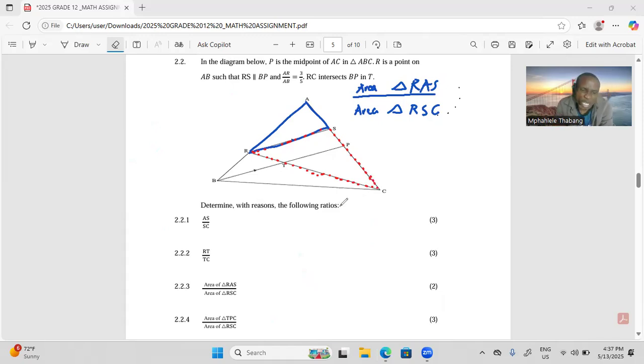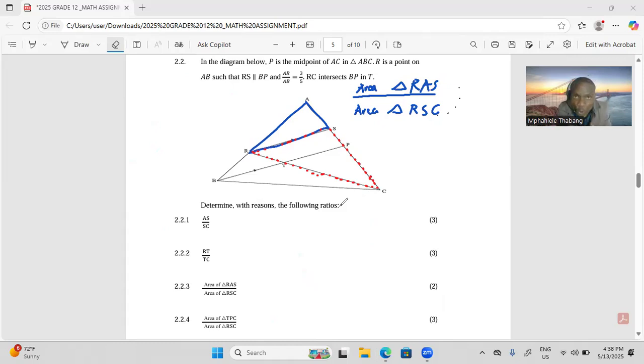Now, actually, this is 2.2.3. I'm going to solve 2.2.4 first, and then I will come to 2.2.3, because the main aim of doing this video is for you to learn. There is something very important which I want to explain on 2.2.4, which will make the problem of 2.2.3 easier. So don't be surprised. But before we move to 2.2.4, if you look at the two triangles RAS and RSC,